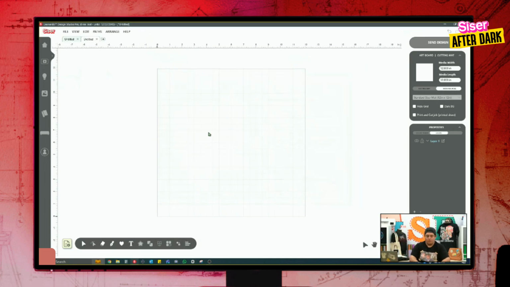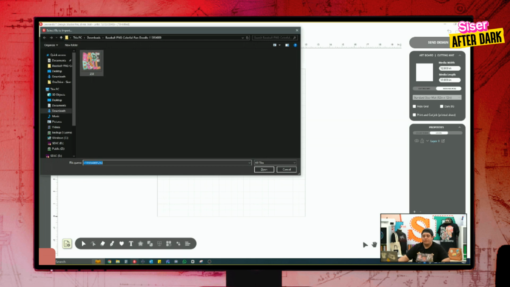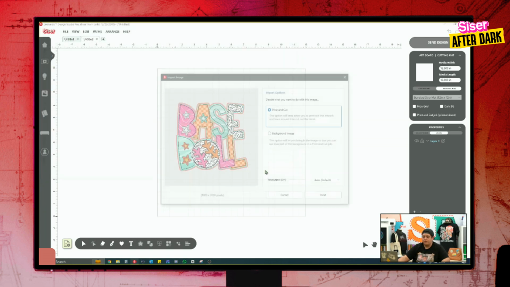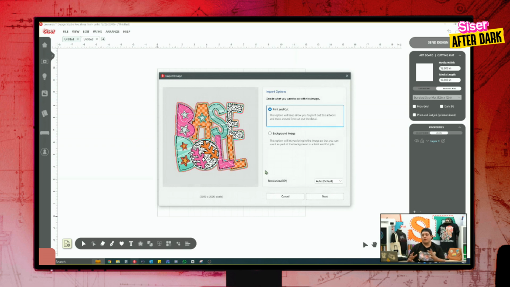All right, let's go in. Sorry, I'm going to redo this again just because I wasn't on the actual software. So I'm going to hit Control-I, found my image, which is a PNG file. I'm going to hit Open, and now this will bring me up to that first module, or that first screen